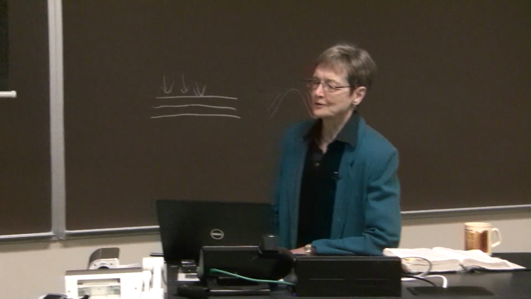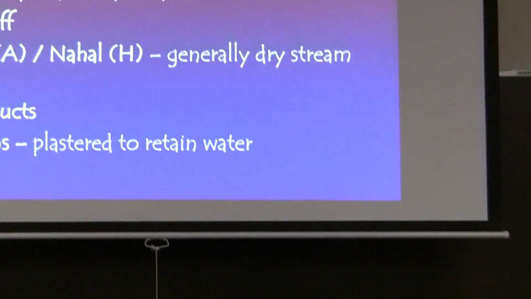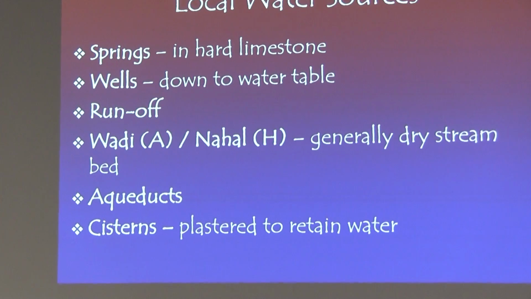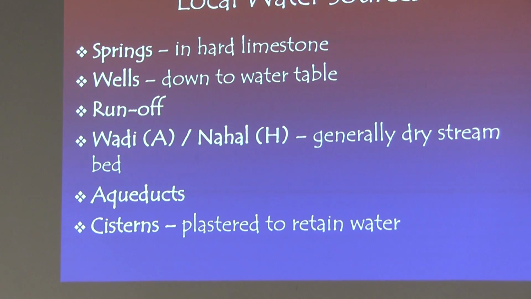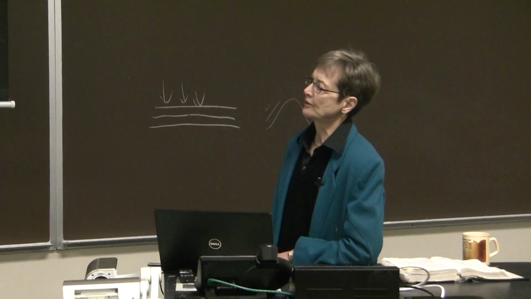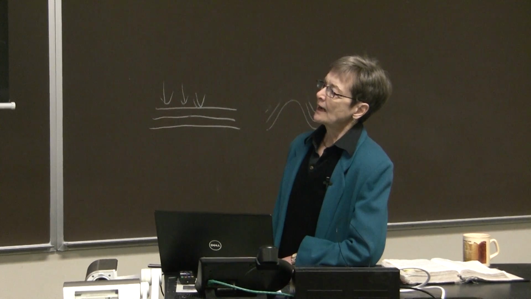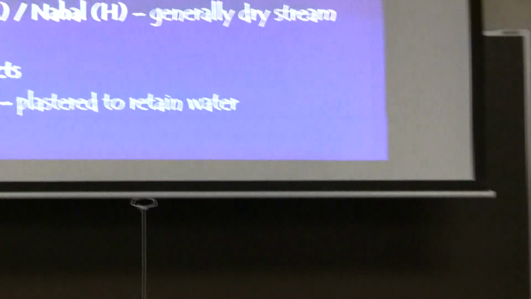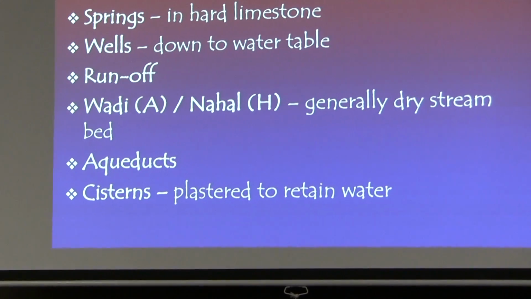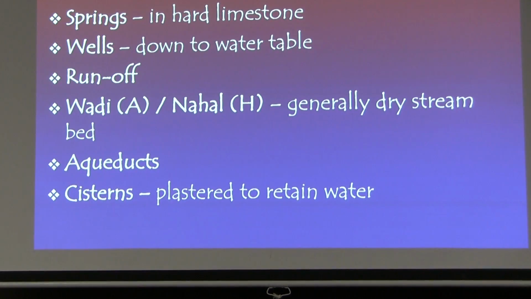Water source runoff. That may sound silly to you, but when you live in an area like the Negev, there were people that lived there that learned how to trap runoff. We'll talk about Nabateans, who were masters at creating things to kind of hold back water runoff and therefore do agriculture.